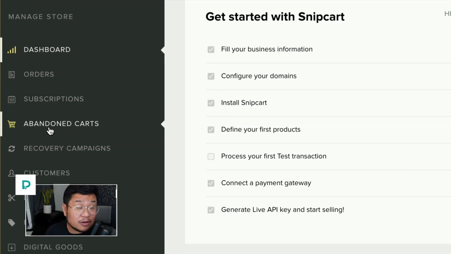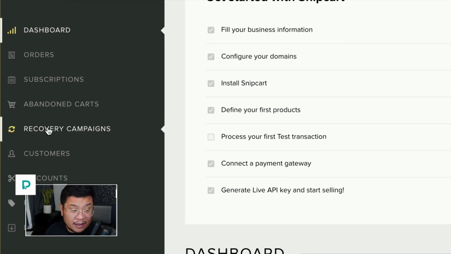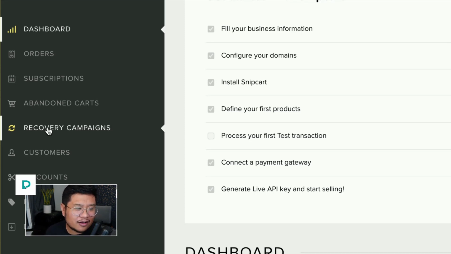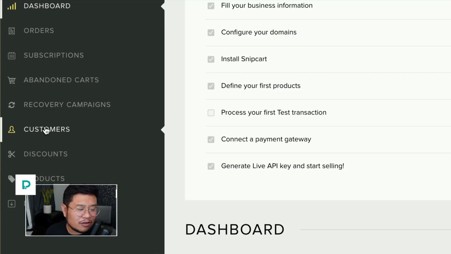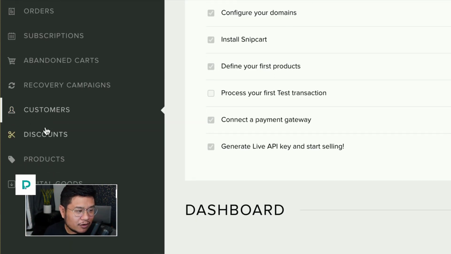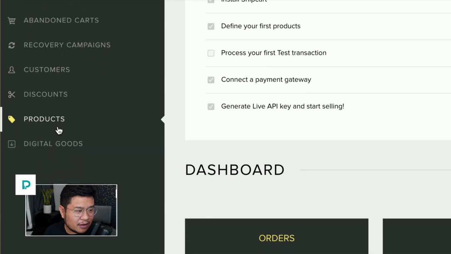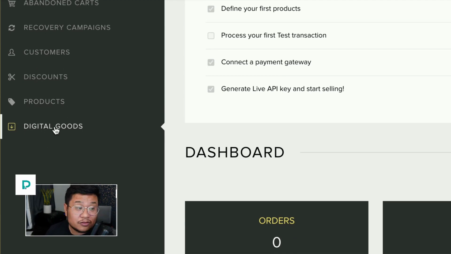You can see what carts have been abandoned. You can do recovery campaigns. Get those people who abandoned their carts and be like, "Yo, are you still interested?" You've probably got some of those Amazon emails when you leave something in your cart. They're like, "Hey, you still gonna buy this?" So you can do that kind of stuff. You can see what customers have signed up using the sign in register feature, create discounts, and even sell digital goods.